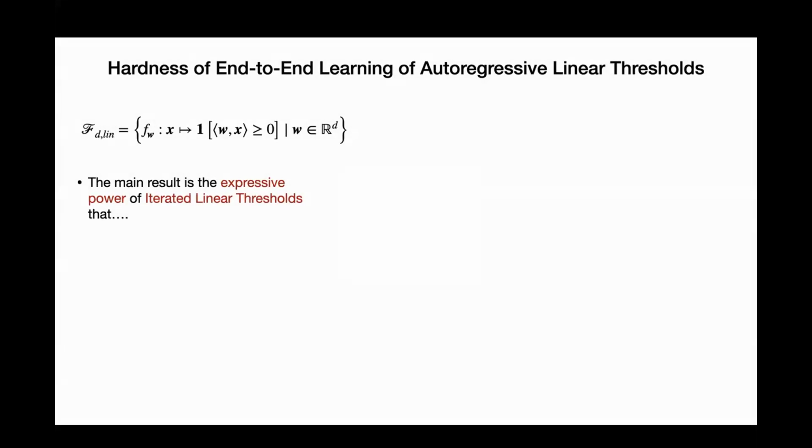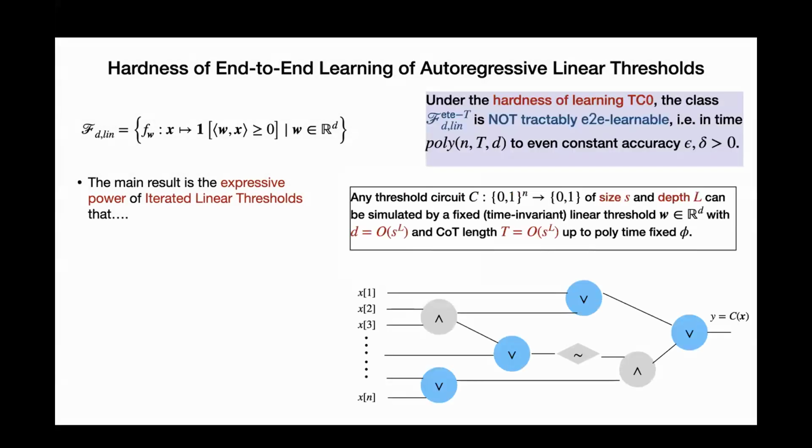Great. So the way this hardness result is shown is that we try to express the class of constant-depth circuits with some time-invariant autoregressive linear threshold. What we show is that the output of the circuit on all inputs will be the same as the output of this autoregressive linear threshold once you apply it iteratively. The construction is as follows: for any circuit of size S and depth L, I can come up with a linear threshold whose dimension is S to the L, and whose generation length is S to the L as well, so that up to some fixed polynomial-time input feature transformation, I'm going to realize